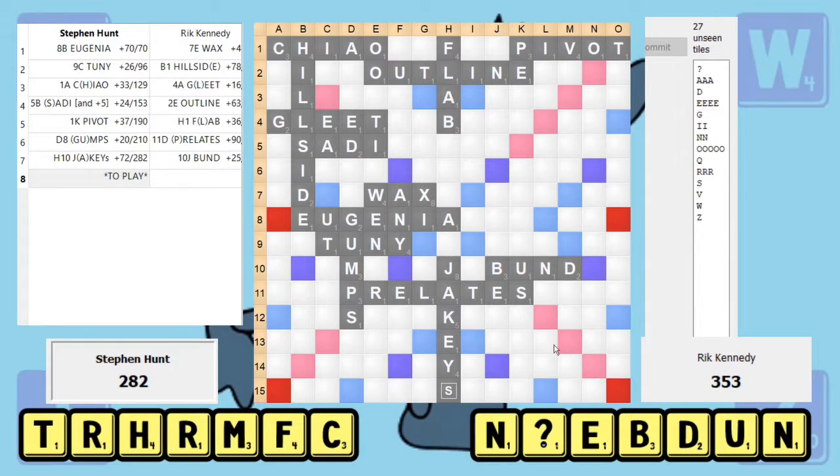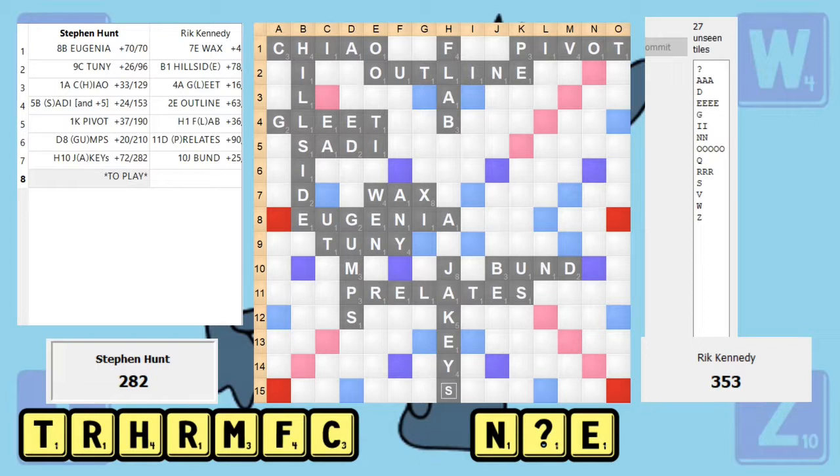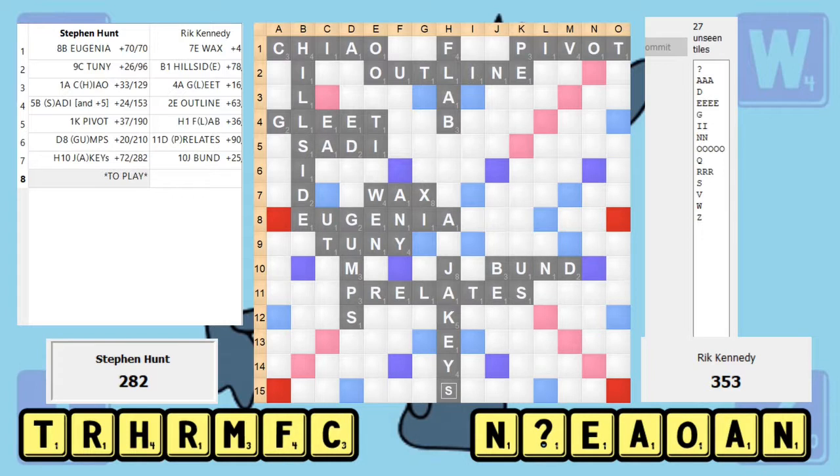Rick plays BUND, which gives him a 97% chance of winning, and I believe there's a good number of back hooks to BUND. I believe E, H, S, T, and Rick's got an E and a blank, and then N as rack lead, which is very, very strong. And there's several places on the board that, given a half decent pickup, he'll be able to bonus on the next move. Rick's actually picked up